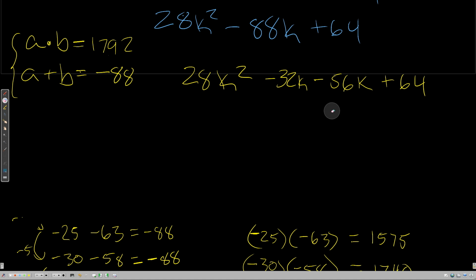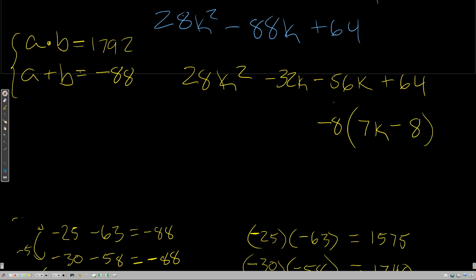I think it's an 8. But this is a negative right here, so I'm gonna factor out a negative 8. That way this winds up being a 7k, a positive 7k. That way I don't have a negative hanging out right here. And then of course this was positive, but I'm factoring out a negative, so it becomes negative, and you can